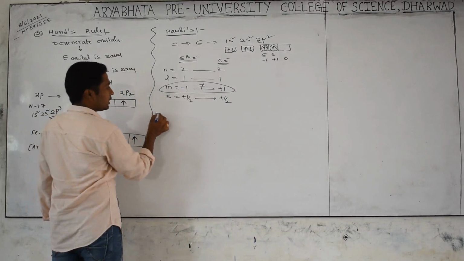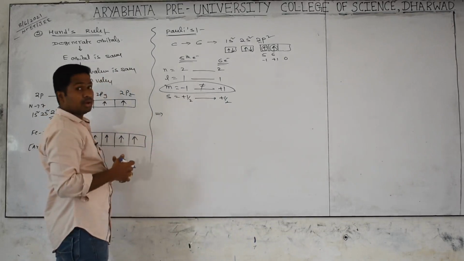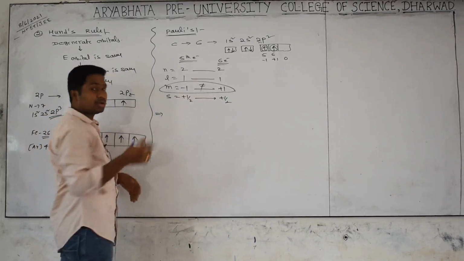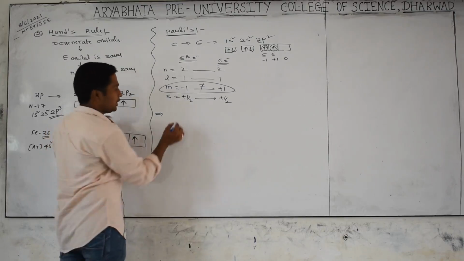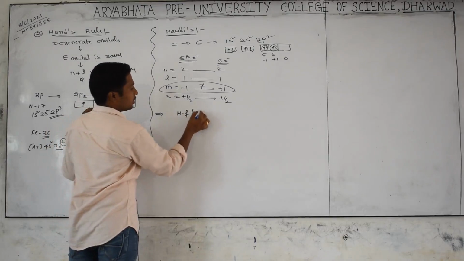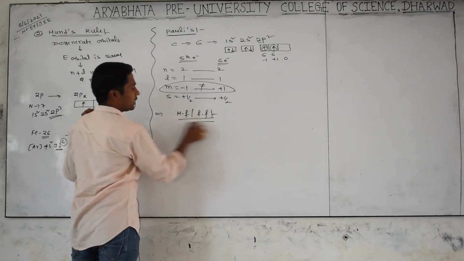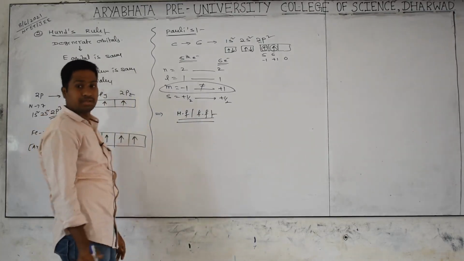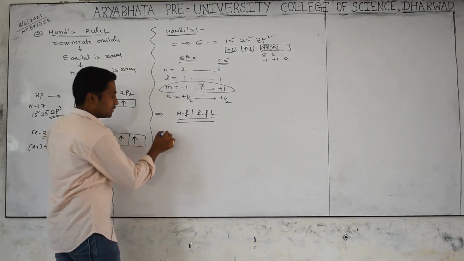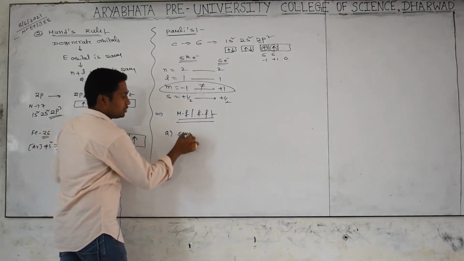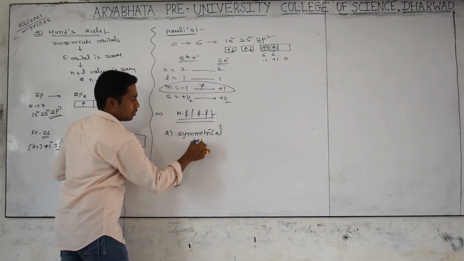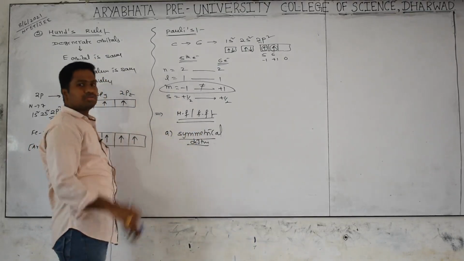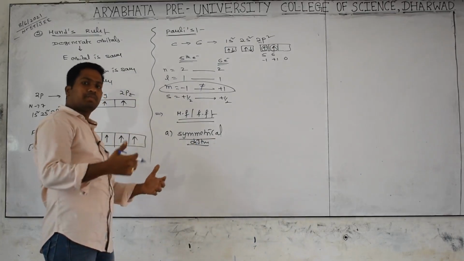And one more thing we are telling. Generally, we say the species which have half-filled or fully filled configurations are more stable. Yes, elements having half-filled or fully filled configurations are more stable. What is the reason here? 2 reasons will be there. The first reason is the symmetrical distribution of electrons.